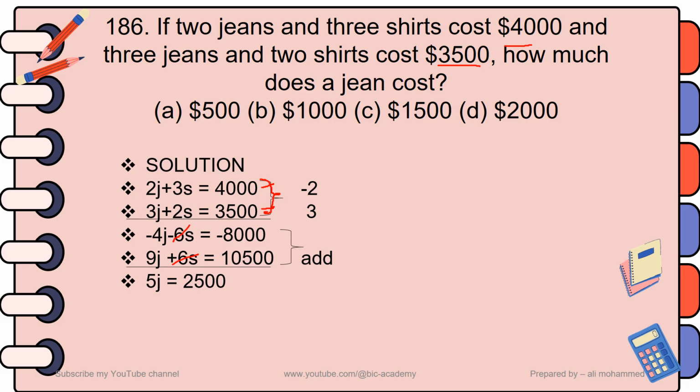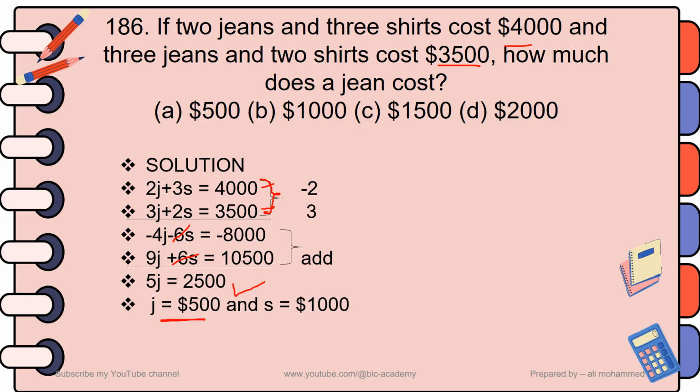So you get 5J which is equal to 2,500. Now divide the whole by 5. So J which is equal to 500. That means the cost of a jeans is